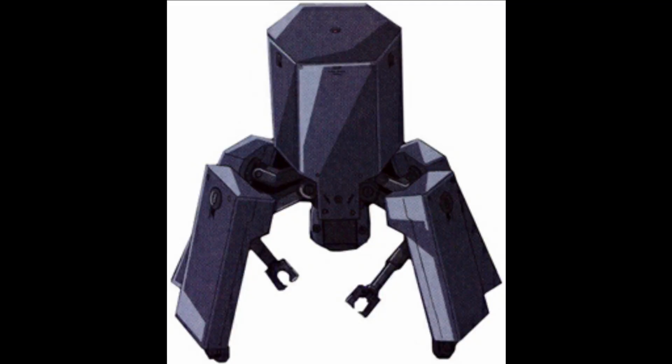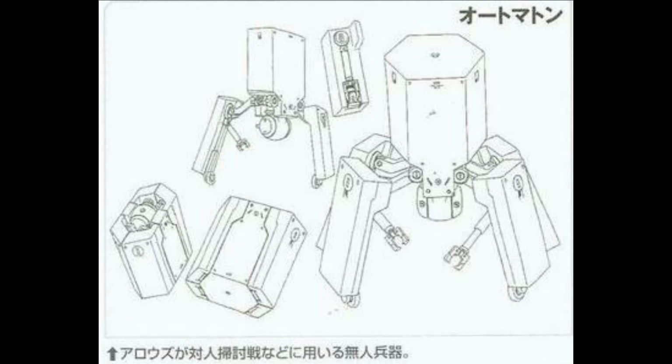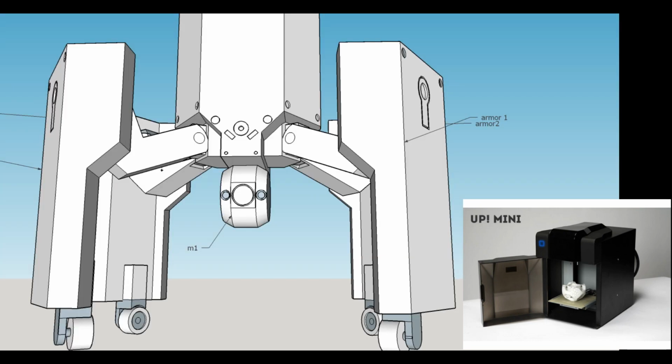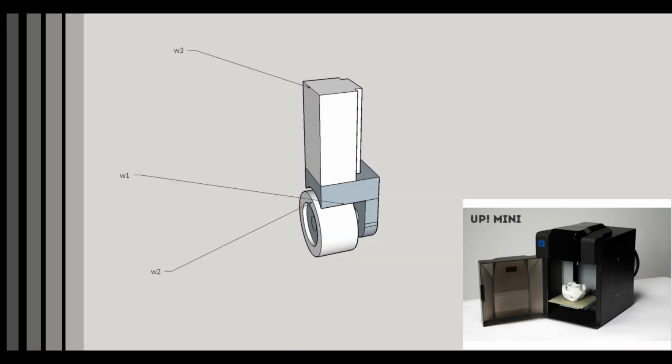A Gundam video and a 3D printing project. The Automaton from Season 2 of Gundam 00, utilised by the A-Laws. Very vicious and brutal AI independent drones used as kill squads to cleanse large groups of humans. A very unsettling and impactful aspect to the story, yet not covered via fan art, merchandise or discussion of the